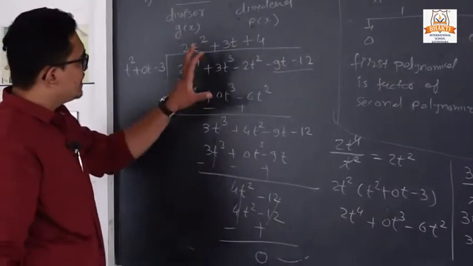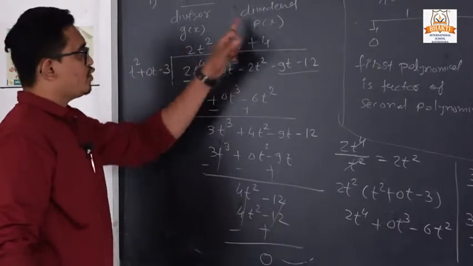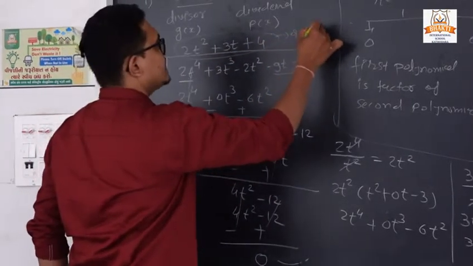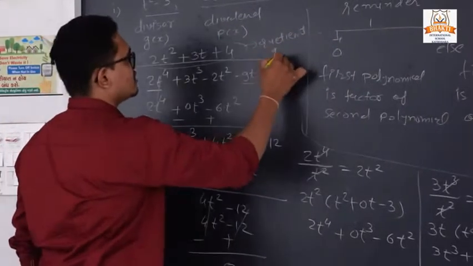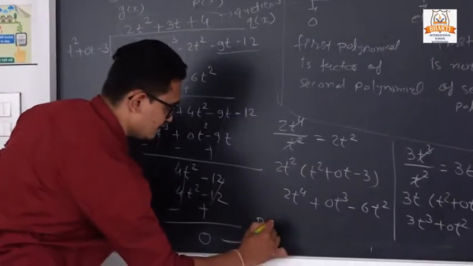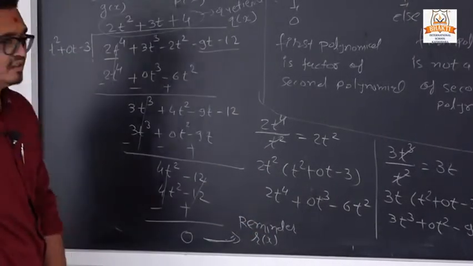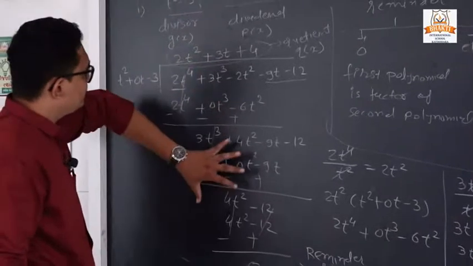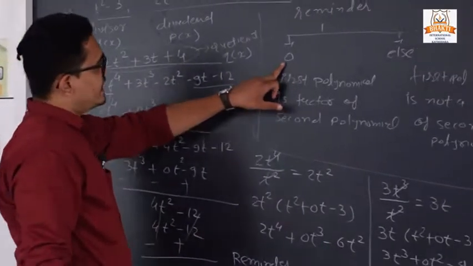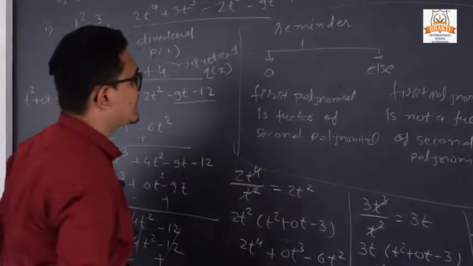So after dividing this dividend by that divisor, we get our quotient. Last time we already discussed that it is our quotient, and sometimes it is also known as q of x, and this is our remainder. It is also known as r of x. So finally after the division we get remainder as 0. So it means that if we get remainder as 0, the first polynomial is a factor of the second polynomial. So here we can write like that.